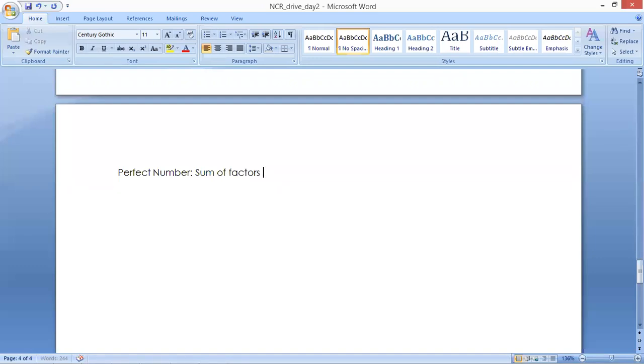Sum of factors of a given number, excluding the number, excluding itself, is equal to the same number.